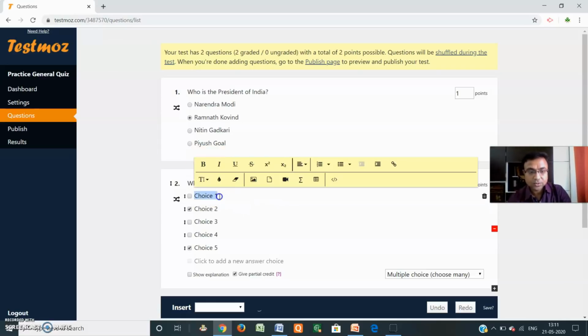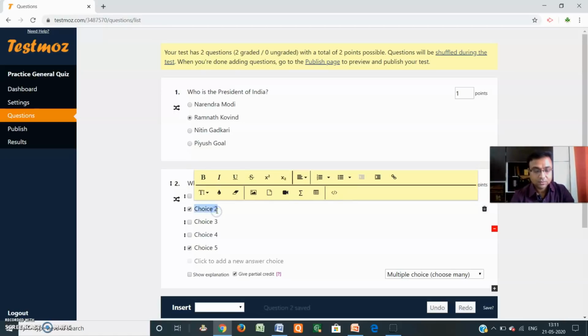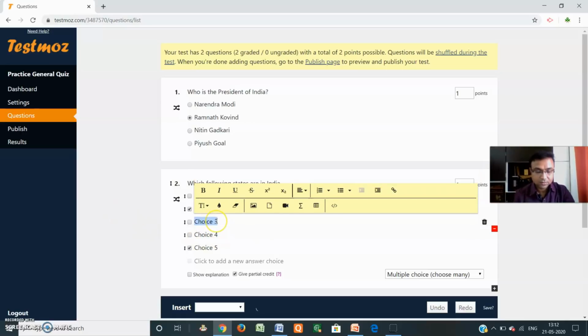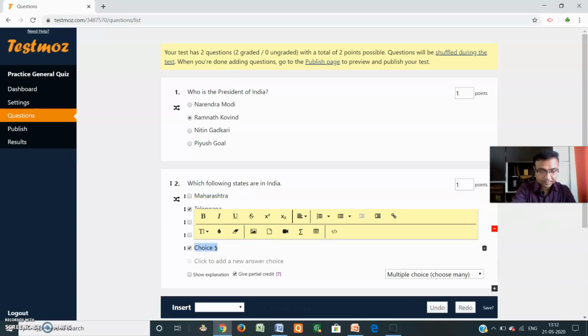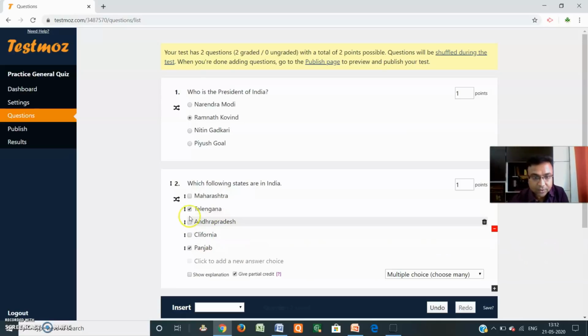Suppose I just give the choices: Maharashtra, Telangana, Andhra, California, then Punjab. So in this way, I selected. Now the correct answer is Maharashtra, Telangana, Andhra Pradesh, Punjab.